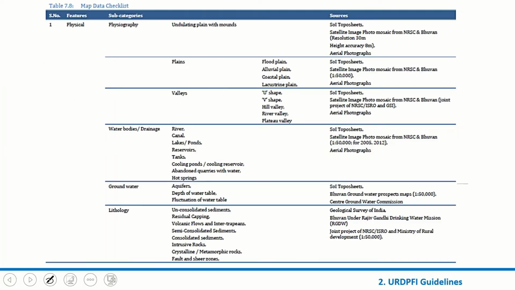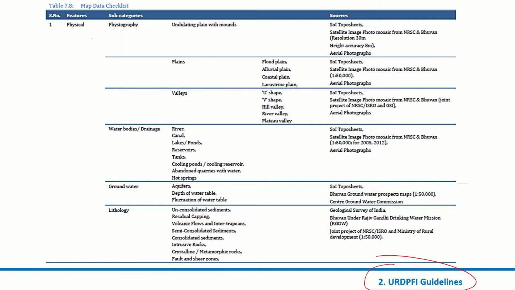Okay, but if you see the requirements, URDPFI specifically mentions certain things. Okay, certain informations are readily available, certain informations we have to collect from the site. So what I have put is, this is not made by me, it's already there. I'm just putting it here. You can go back and take the document and read in detail to understand what information can be collected and which is suitable for you for doing this exercise. Okay, so I have put everything here, but I'll just tell you which I feel is relevant for you at this level to map it, to have information on.